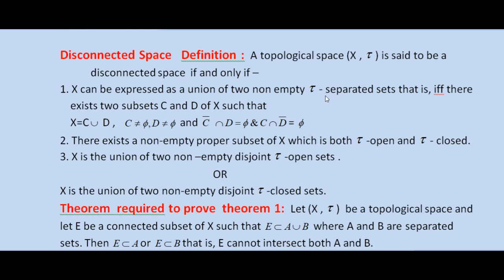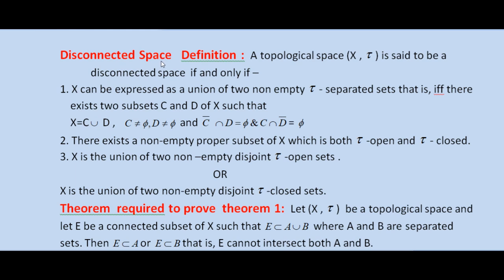Tau separated sets means C closure intersection D is equal to phi and C intersection D closure is equal to phi. So this is the definition of disconnected space, and points 2 and 3 are theorems for disconnected space,